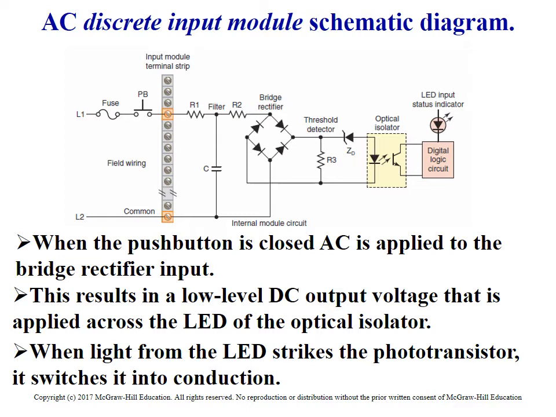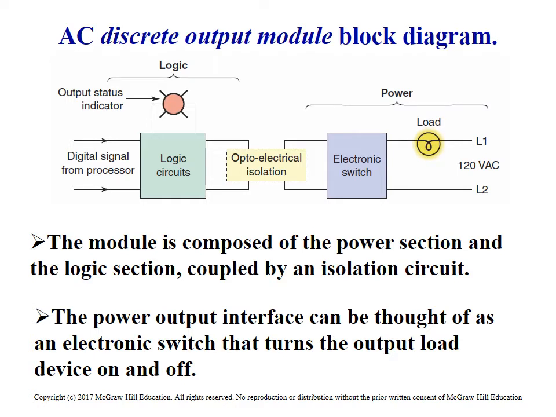Here's more of a wiring diagram. This is exactly it. The diode turns on the transistor, and then the digital logic circuit turns on. Again, same thing with the outputs. We got the processor turning on some logic circuits. That turns on the LED. The LED turns on the transistor. The transistor turns on this electronic switch, whether it be a relay, whether it be a triac, or there's several different combinations that they use, transistors and whatnot, and that turns on the output.